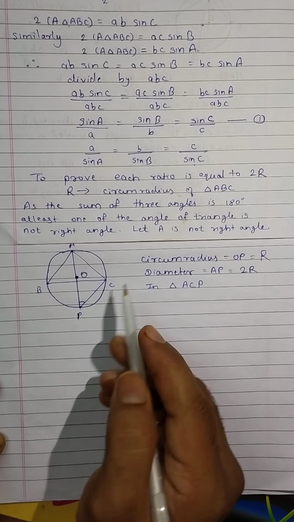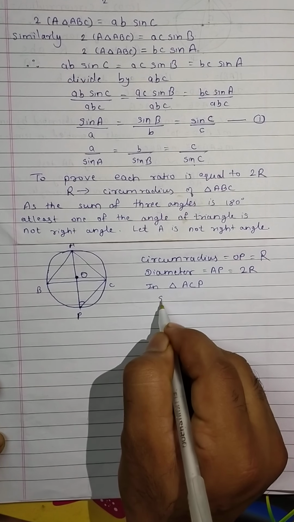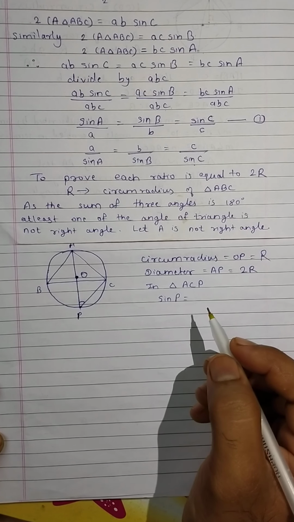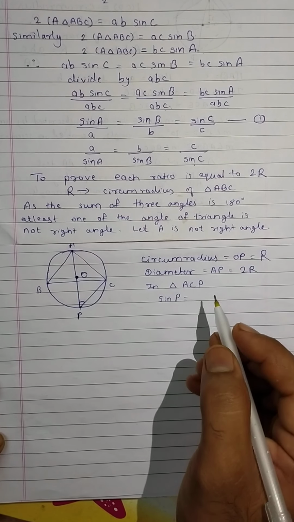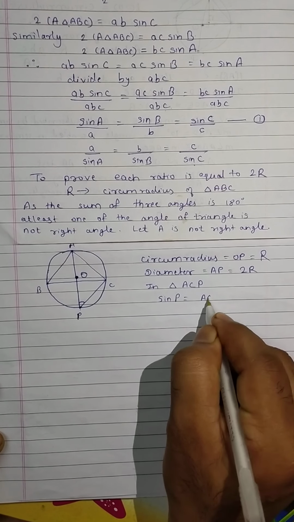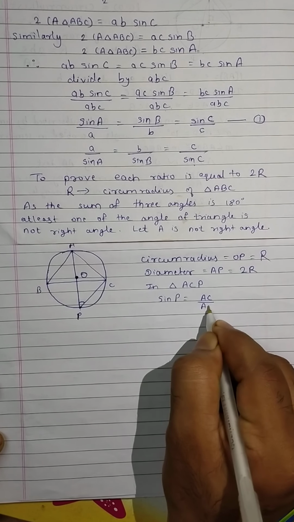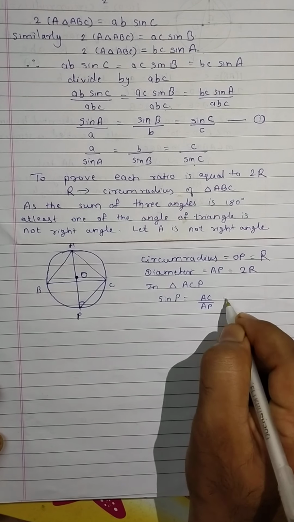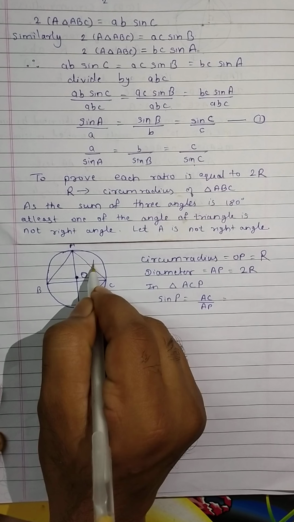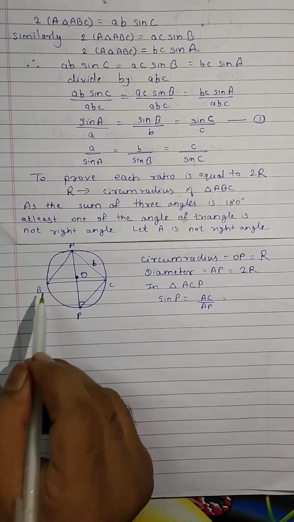Now in this case, sin P is equal to opposite side upon hypotenuse, so the opposite side is AC upon the hypotenuse AP. So AC, we know the length of AC is small b, as we have named earlier,